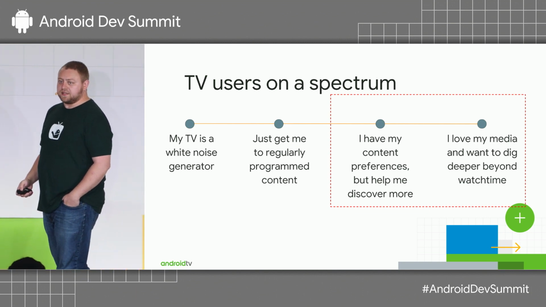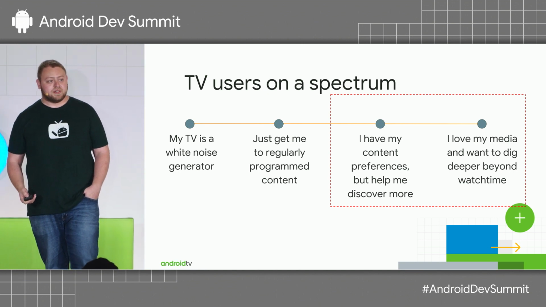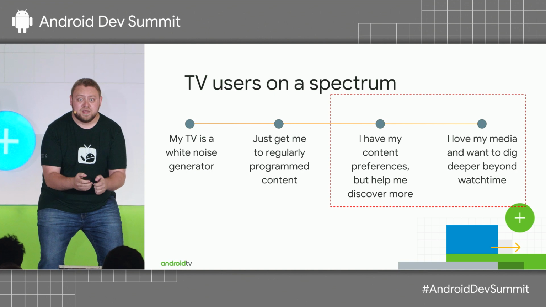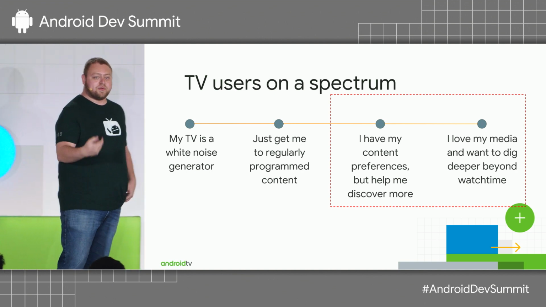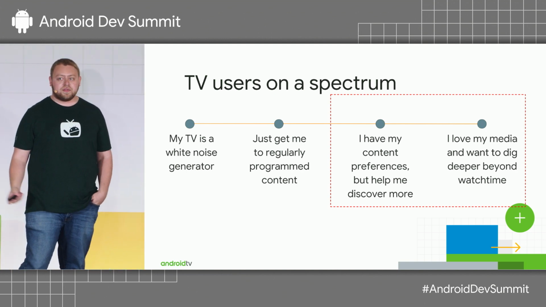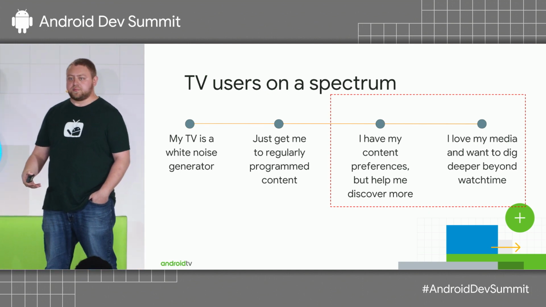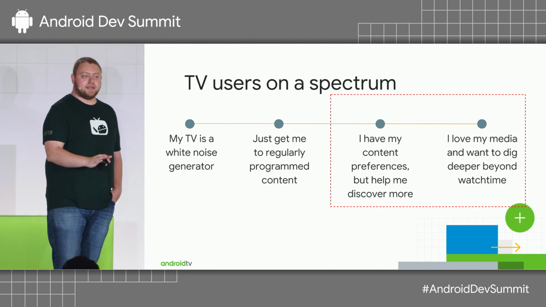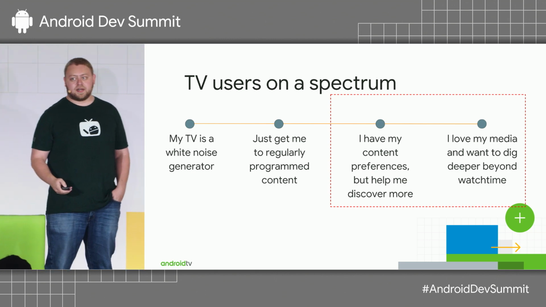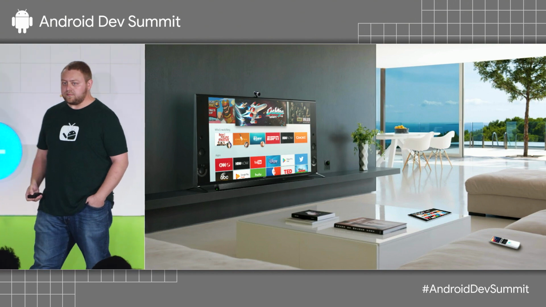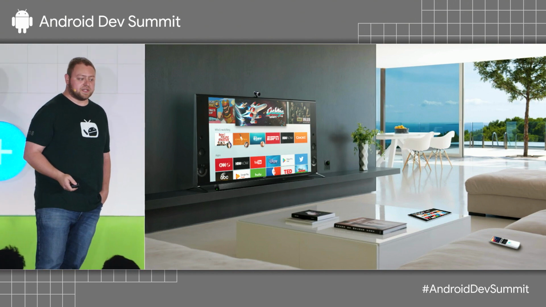The side highlighted, this is what you can call the lean-in user. They're sitting on the edge of their seat. Oh, man, this is awesome. Who are these people in this show? And they're going deeper into the content. Everything we've talked about up till now, having a good player, making your app usable, this is more for the lean back, the right side of the screen. But if we think about it, how can we tap into that lean-in user?